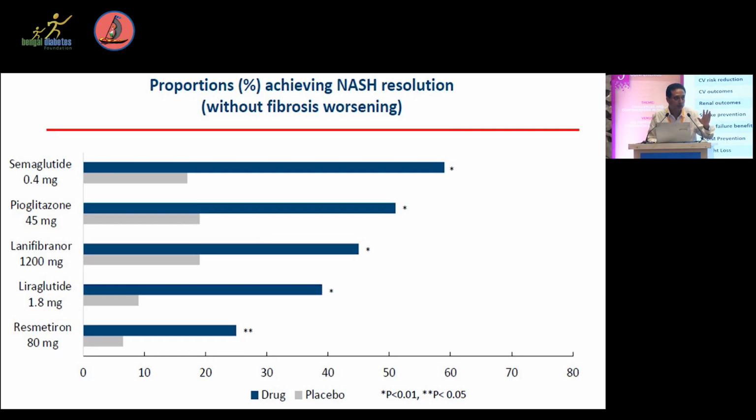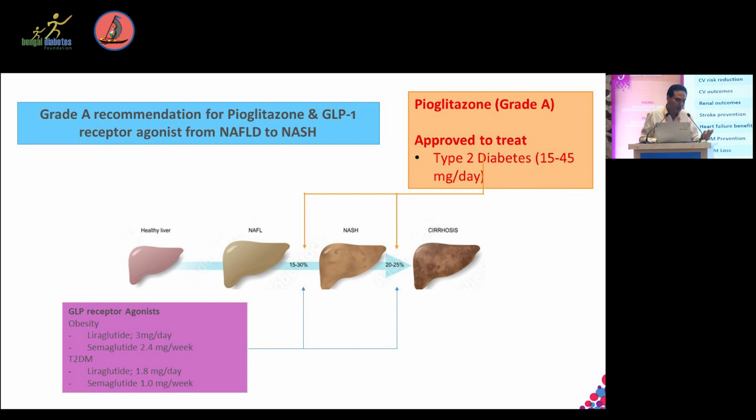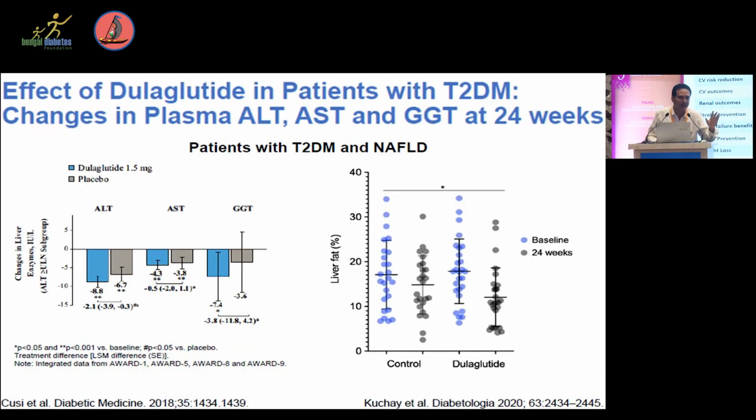Liraglutide is mainly for NASH without cirrhosis, with NASH improvement and cardiovascular risk improvement. With semaglutide, there is benefit with regards to NASH resolution and cardiovascular outcomes, and the recent FLOW trial has also shown renal benefit. With regards to tirzepatide, we have data, which I will be showing, of benefit in terms of NASH resolution in diabetes and weight management, and also possible benefit with regards to fibrosis. The flozins' main benefit, apart from cardiorenal outcome improvement, is hepatic fat reduction,